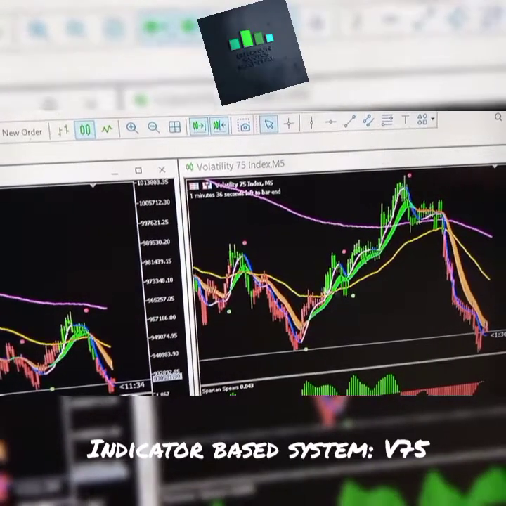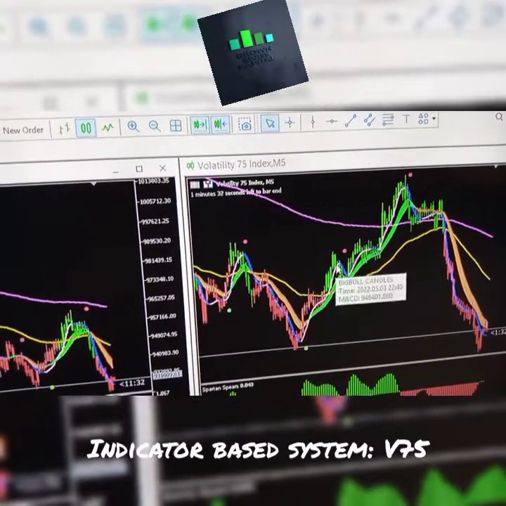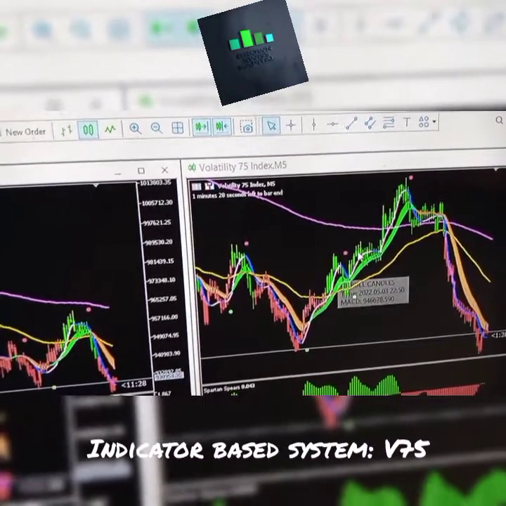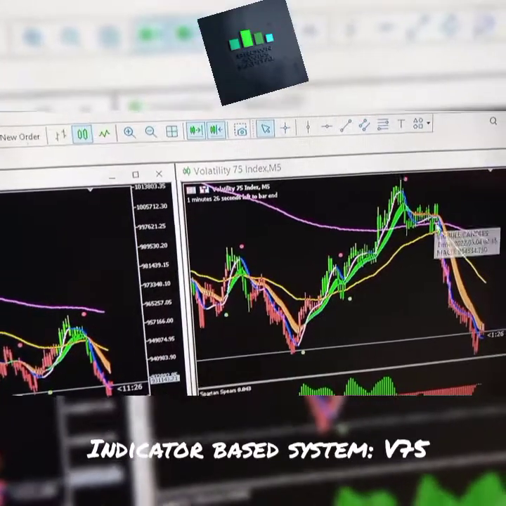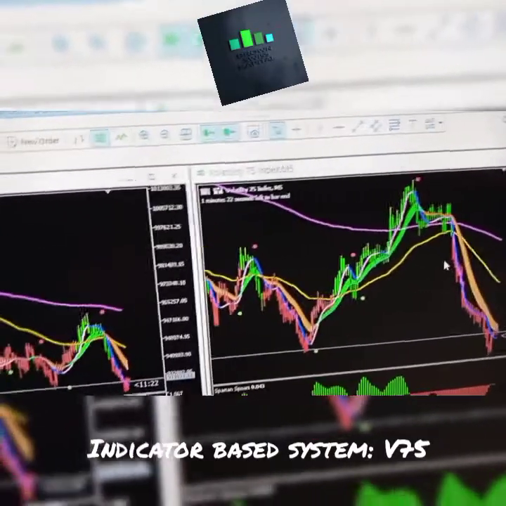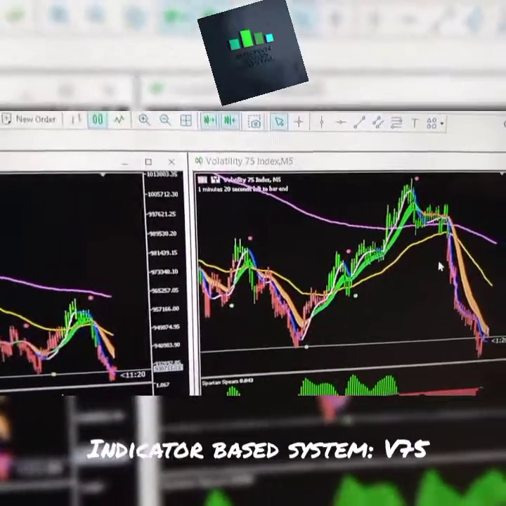As you can see, they've been going up even though we have pullbacks which are obviously bearish candlesticks,